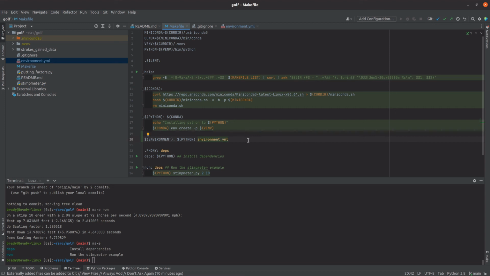What that means from Make's point of view is that it's going to look at the modification times of these various things to try to figure out if the targets are out of date. So when running this environment target, it's going to look at Python, and it's going to look at the environment.yaml file to try to figure out,